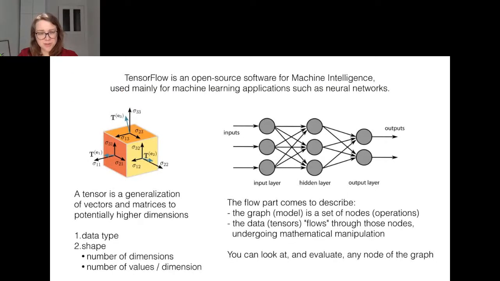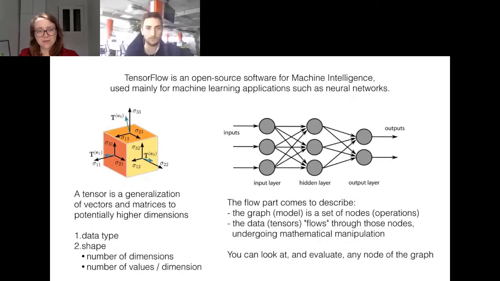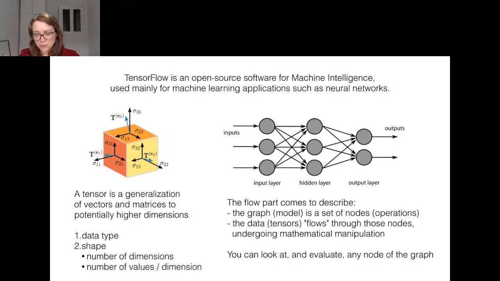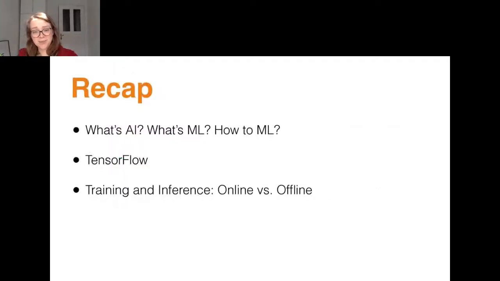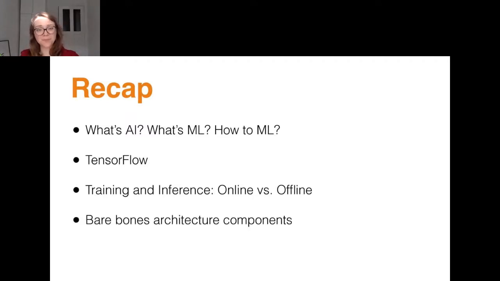So your data is represented as tensors that flow through the graph, and each node of the graph can represent the mathematical part of the model. We know the difference between online and offline training and inference. So do you pre-calculate and upload once, or do you get live feedback?